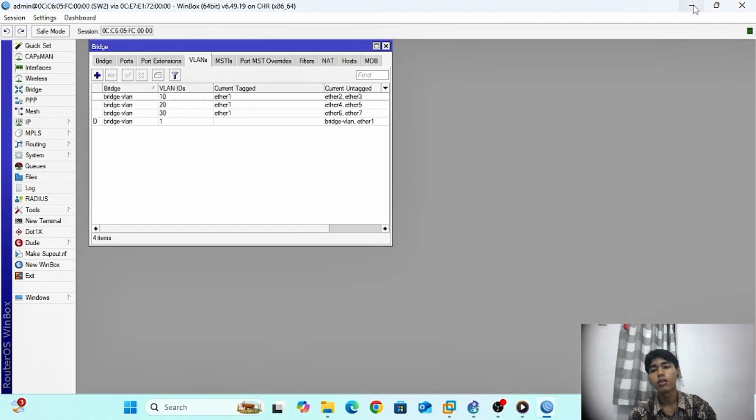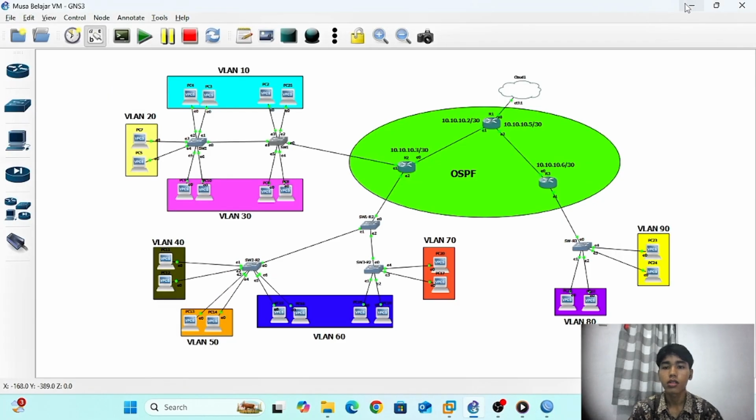Router two and router one, switch one and switch two, success. Check client connect to switch VLAN 10, VLAN 13 and 20.